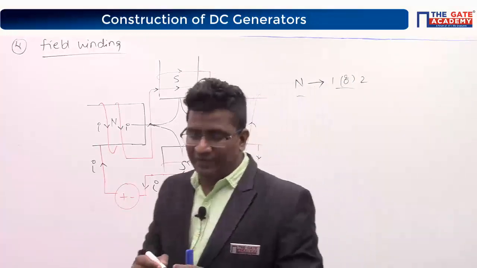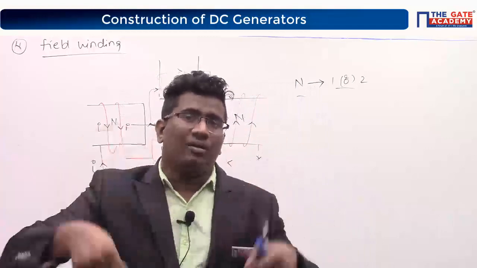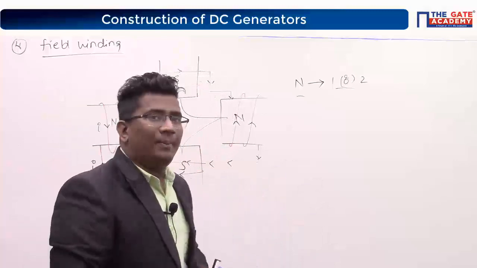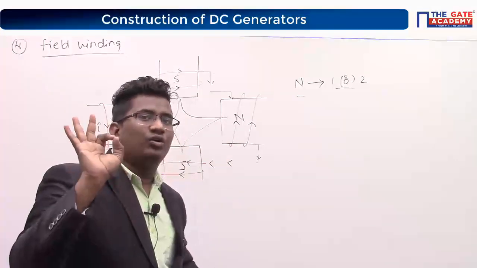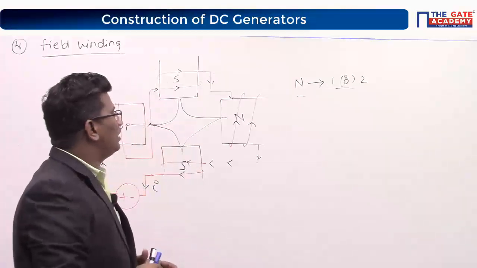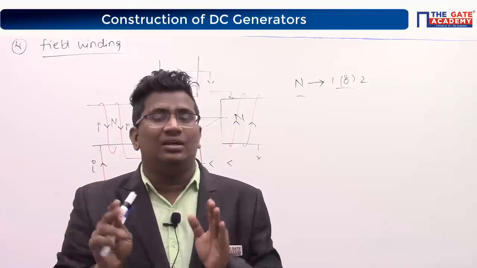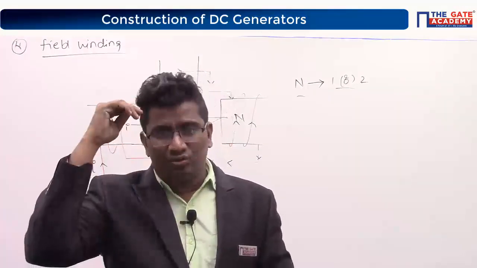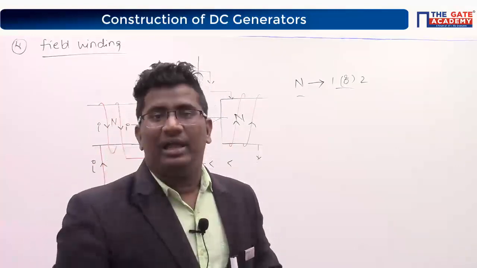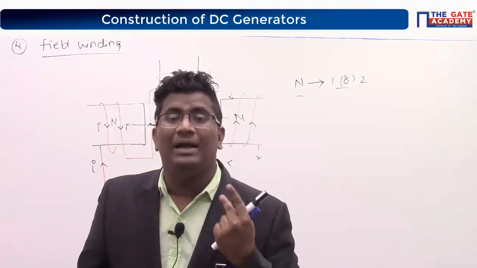You may get a doubt: sir, why are we using only 1 turn? We have seen so many textbooks with more turns. But believe me, only 1 or 2 turns we will use. Very soon we are going to prove it. I said turns only, not coils. You take 1000 coils, you take 2000 coils, each coil must have only 1 or 2 turns. Maximum 2 turns only.